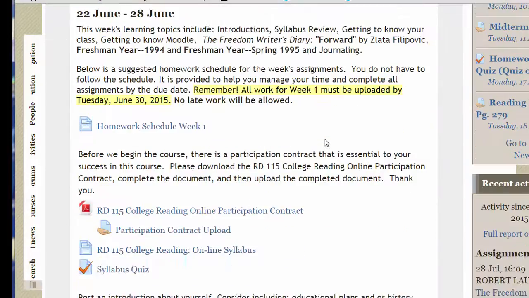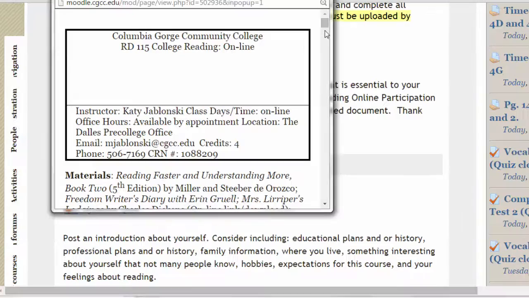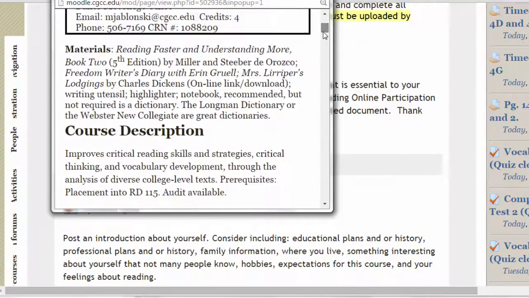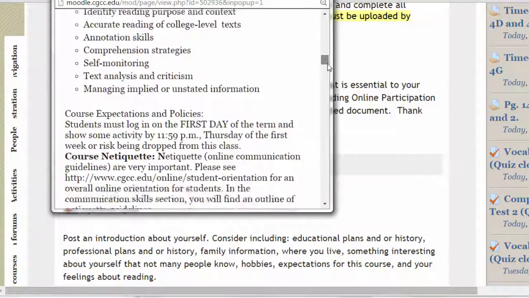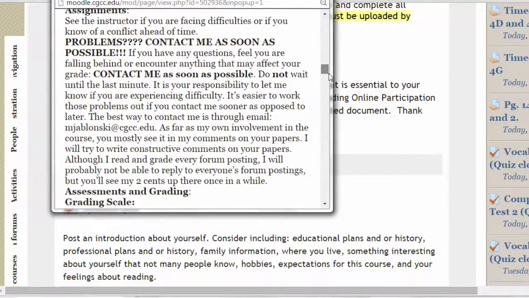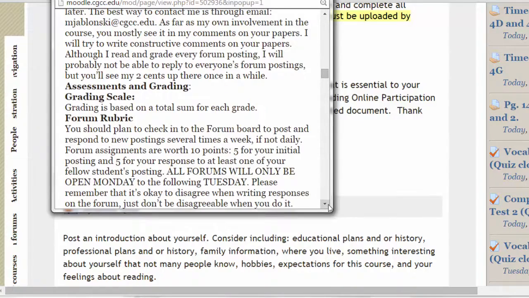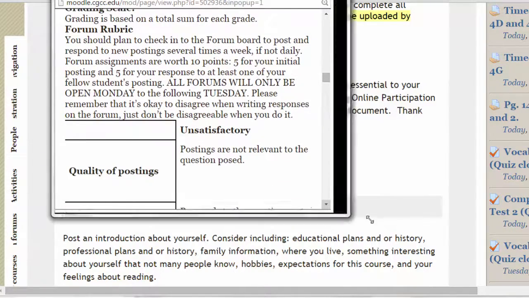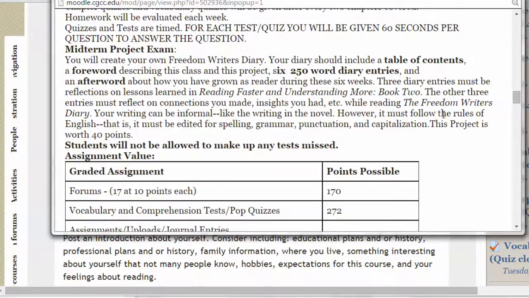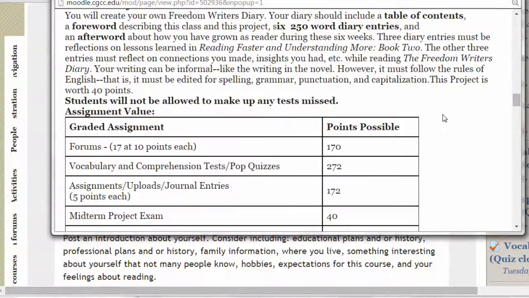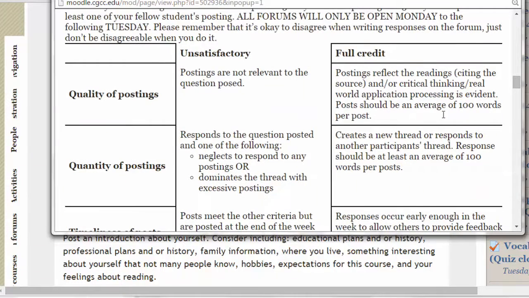Another important document, of course, is the syllabus. For example, when I look at this syllabus, I can see the description and how to contact the instructor. Also, it will have a lot of information about grading, and here is an example of how this instructor grades your class. And here's an example of a rubric that tells you how exactly you can get full credit for all of your work. So make sure you read the syllabus and look into any of the orientations that your instructor has provided for you.